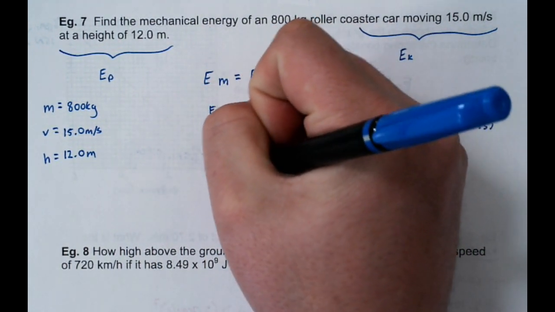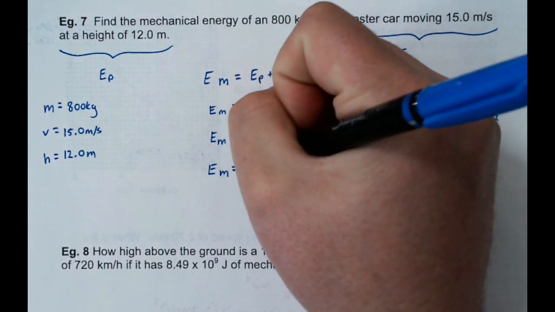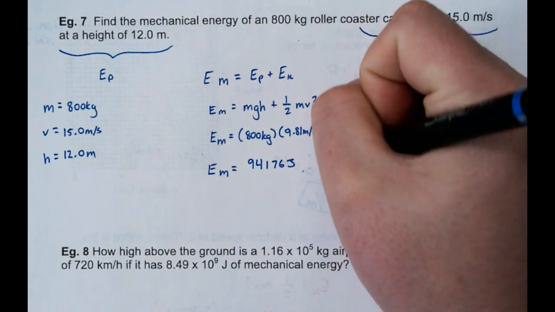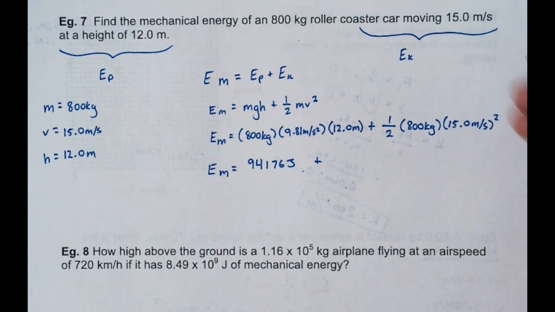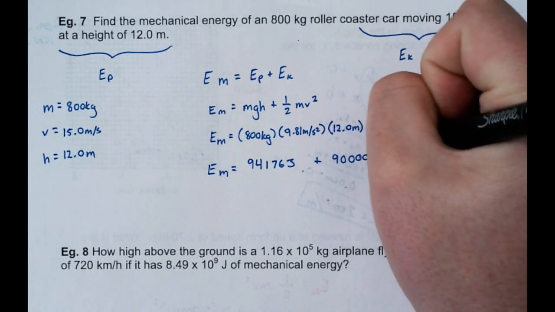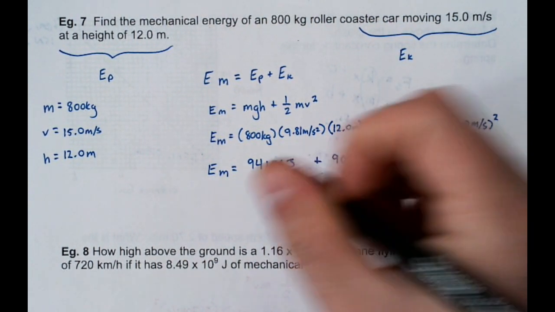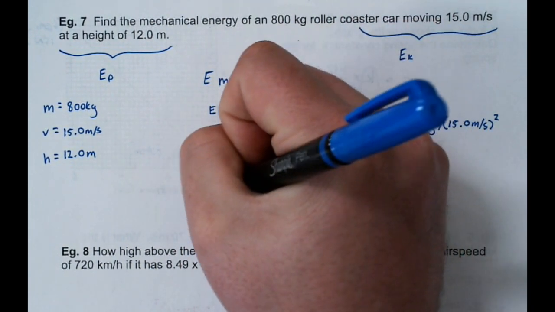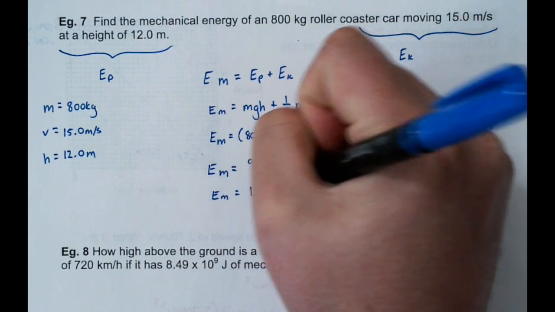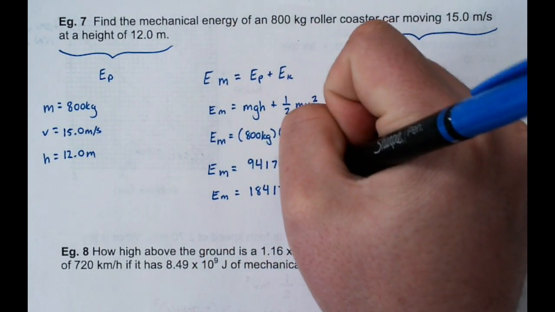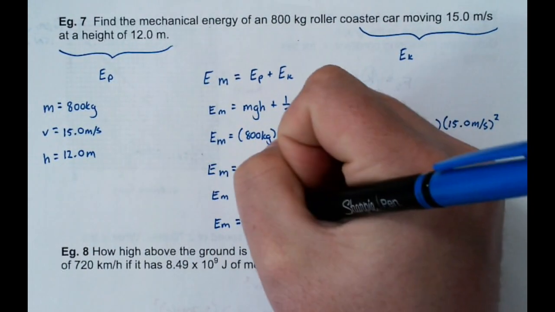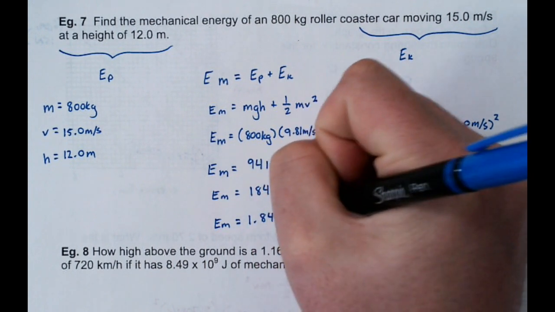So in your first term, you're going to get 94,176 joules, plus in your second term, you're going to get 90,000 joules. Alright, when you add those together, your mechanical energy is going to be 184,176 joules, which, using scientific notation and significant digits, is 1.84 times 10